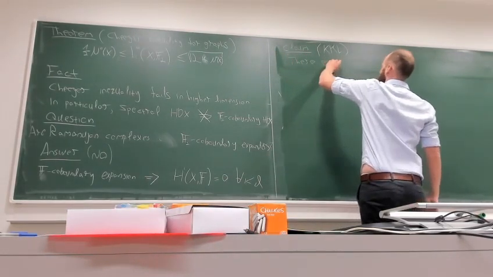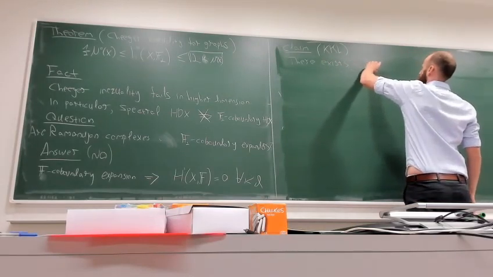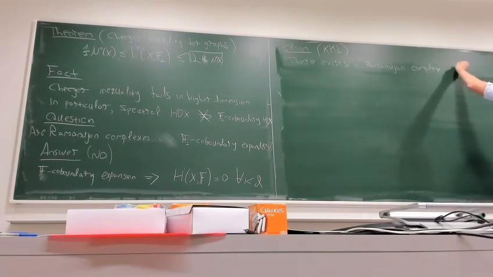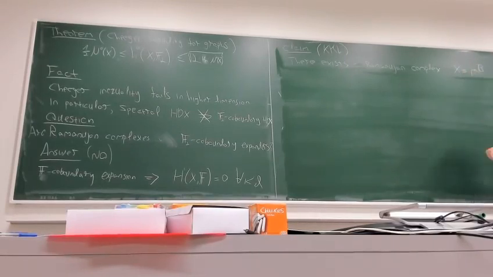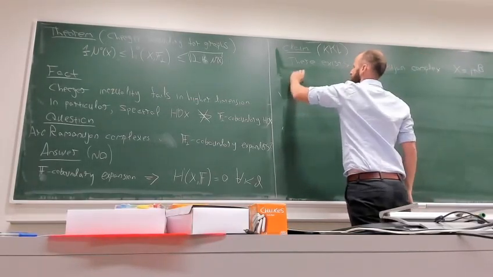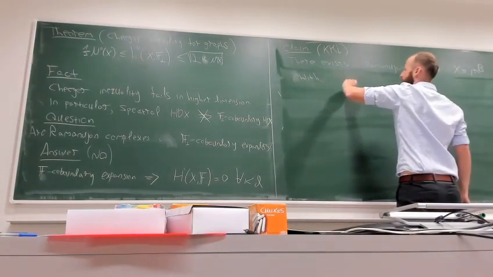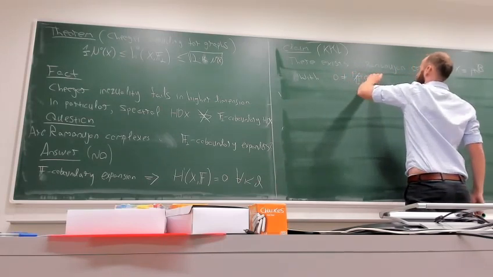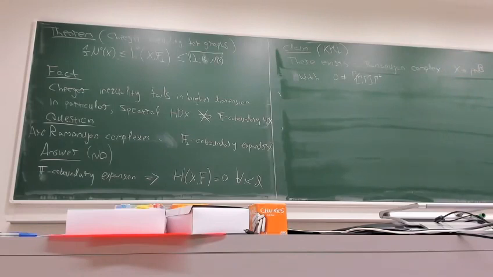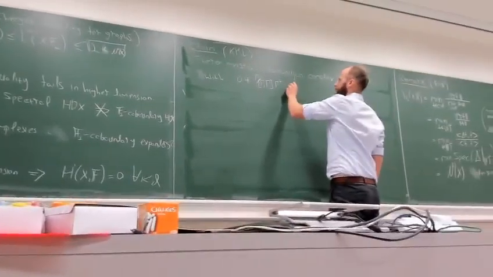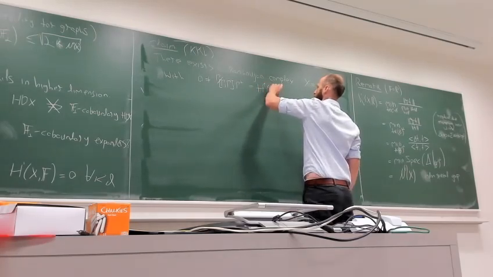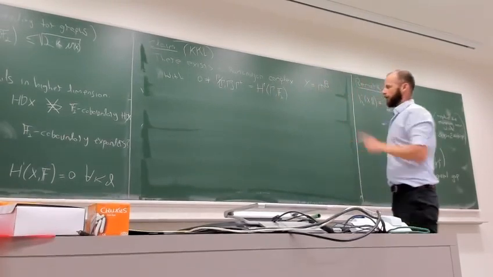There exists a Ramanujan complex such that its abelianization is not generated by squares, but this object is just the first group cohomology of the group gamma with respect to the field